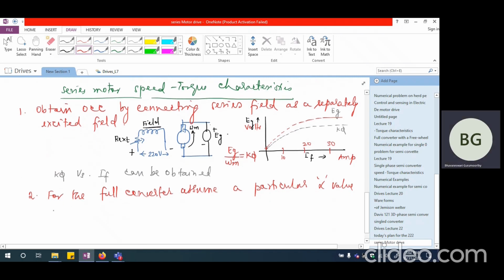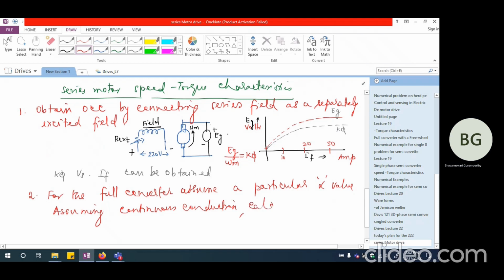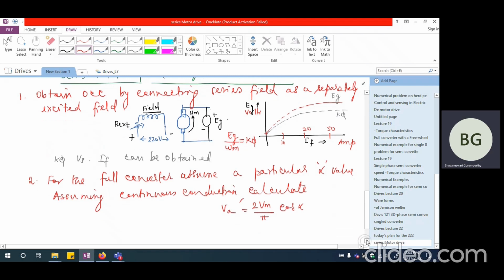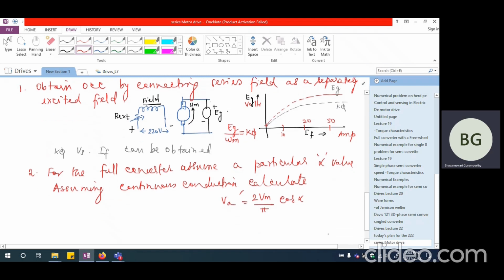And then assuming continuous conduction, calculate 2 Vm divided by pi cos alpha, which is the average armature voltage. Once you get the average armature voltage, now the third step is going to be